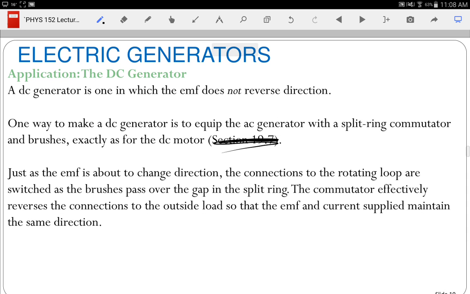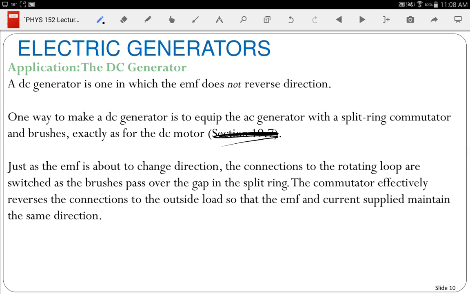And this is just talking about how you make the generator. Well, you make the generator just like you would an electric motor. If you make a split armature type style of motor, that's how you make a DC motor, right? Well, if you were to do that with your generator, you'd be making a DC generator. Because with that split armature, when you come around to the part that would be making the negative voltage, you're switching your connections. And so with the split armature, you can make a DC electric generator, except for that DC electric generator